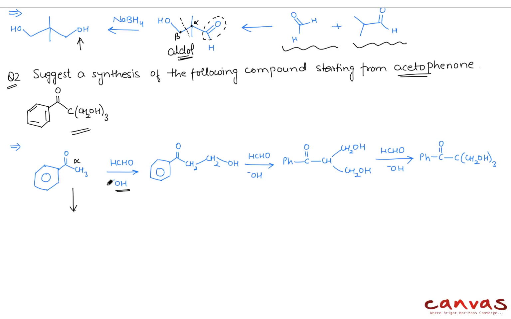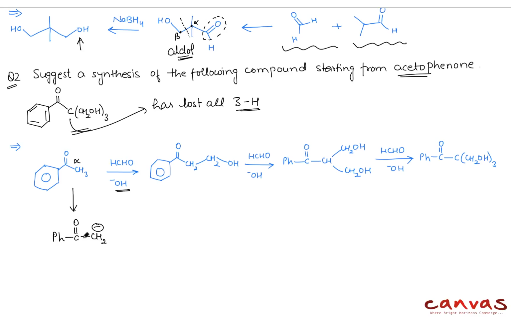So when base removes one H positive, what you get is PhCOCH2 negative. Now in the final product we can see that this carbon has three CH2OH groups, meaning this carbon has lost all three hydrogens,